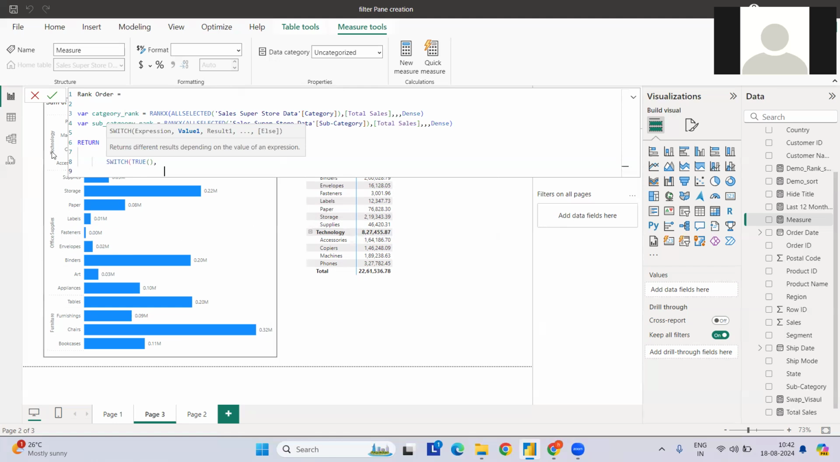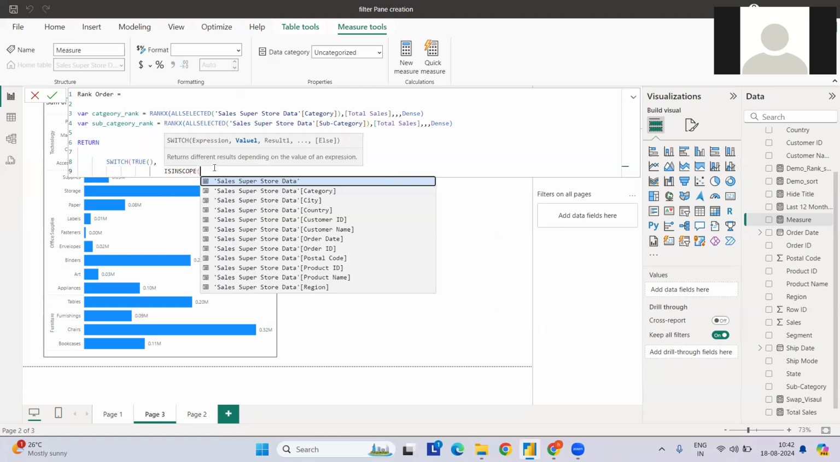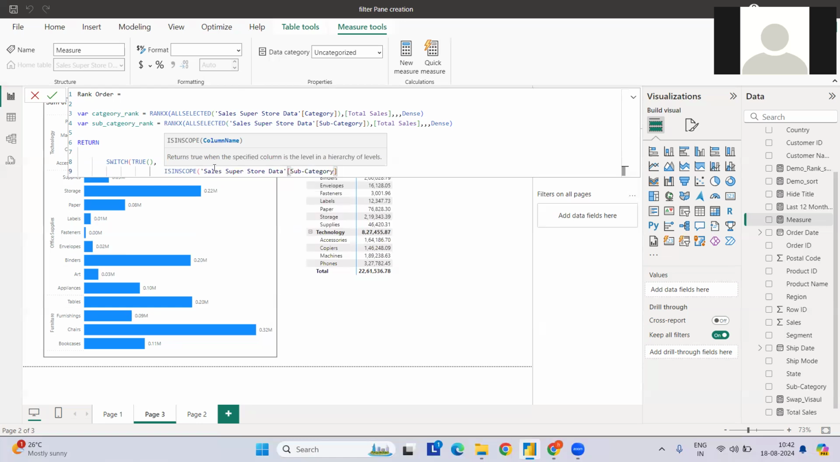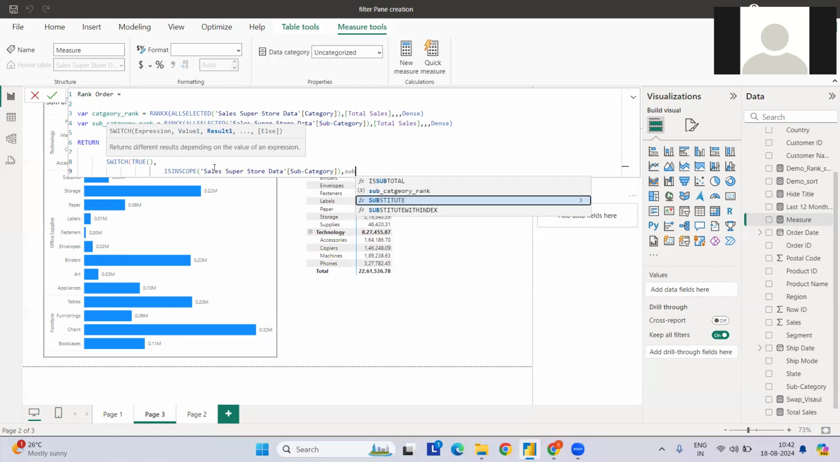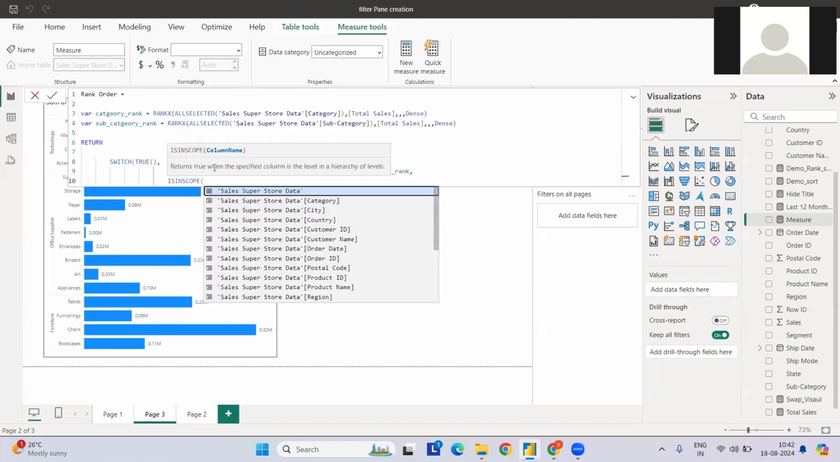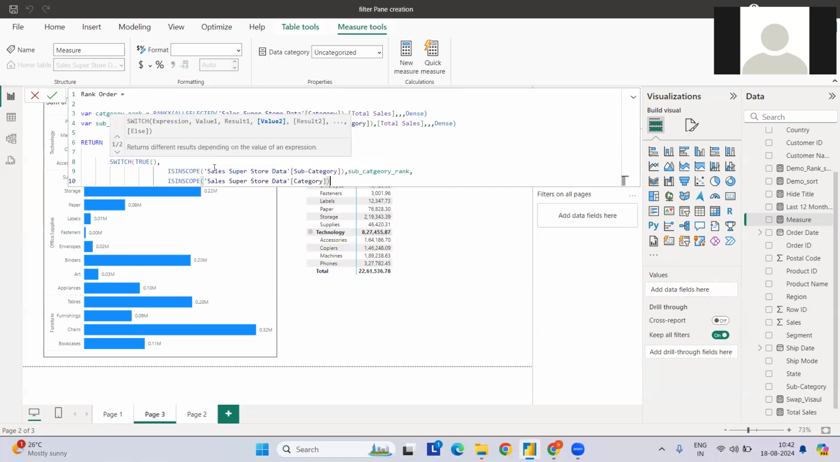Because in the chart you have first the Technology, then second your subcategory. So whichever value is in scope, let's say first we go to the subcategory level. If I am in scope at the subcategory level, then return me the subcategory rank. If I am in scope at the category level, then give me the category rank, and we are done. Okay, so let's see how it looks. Let me hit enter,